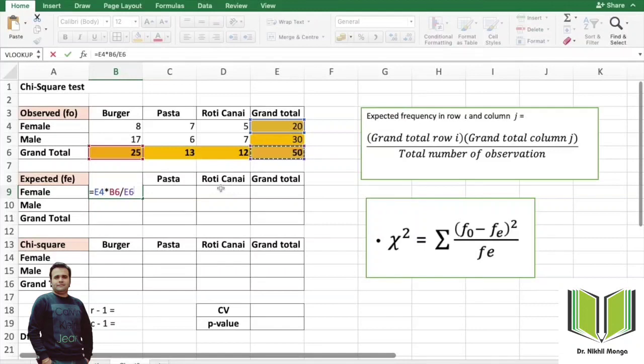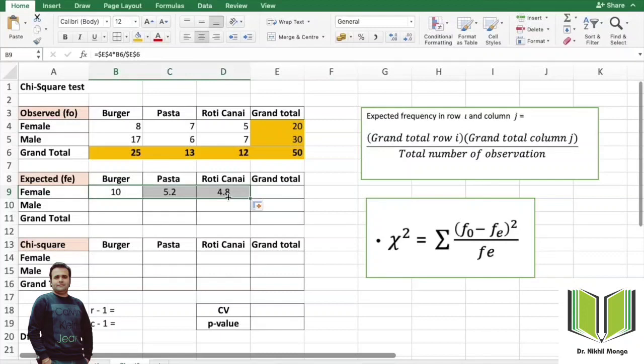Therefore what we can do is lock the value. Here we can make an absolute cell reference. How do you do that? You need to press the function F4 key. Now you can see that there's a dollar sign here. Yes, you have locked this cell, and you can bring your cursor here. You press F4 and now you click enter. You see that it's much easier. You just need to drag it down to the roti chana.